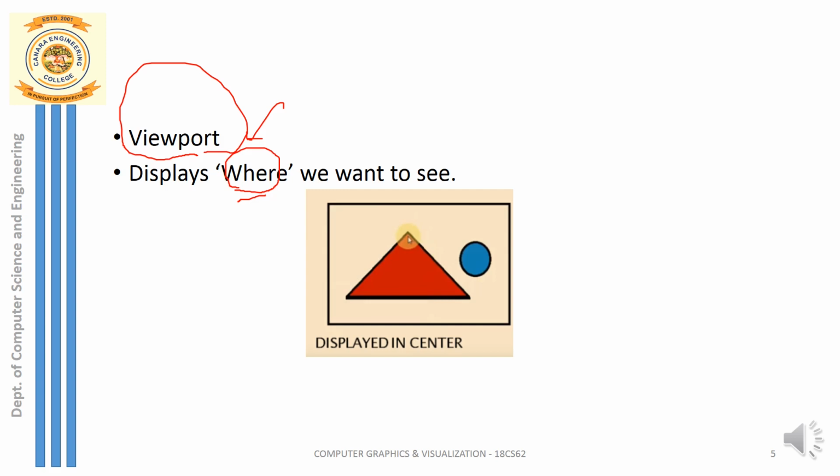I'll take only one portion of the screen. That portion I'm choosing is the center of the screen. You can see here the center of the screen I have chosen as my display window, and in that limited portion exactly at the center, which is again rectangular in shape, only in that portion I'm finally displaying